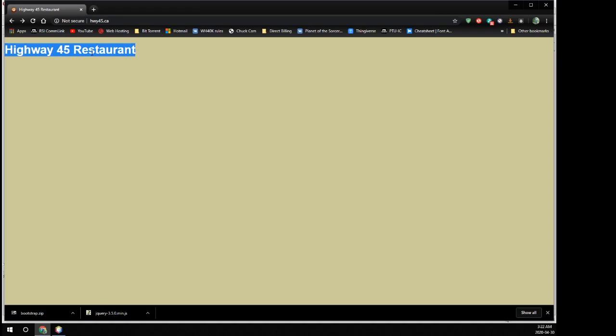Now the reason why this changed is because Bootstrap has a predefined set of headers that is different from the default HTML. So the font has changed, the size has changed. That's about all that has. Everything else is kind of the same,